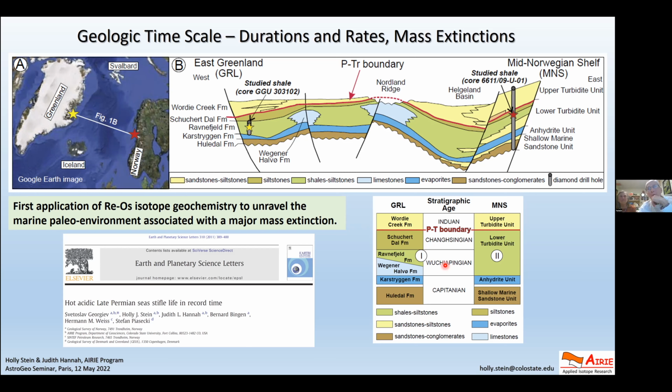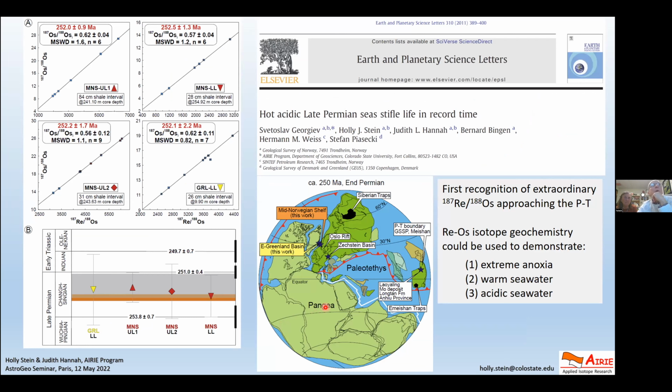So we were told that the age of this Ravnefjeld formation right here, presumably correlative over here to the shelf, the age of that is Wuchiapingian stage. So we were expecting ages of 260, you know, something in that time frame. And instead, when we did that, you can look at the details in this paper. Instead, when we did the dating, we got the age for all of these samples that was right at the Permo-Triassic extinction boundary. What? You know, I mean, what do we have here?